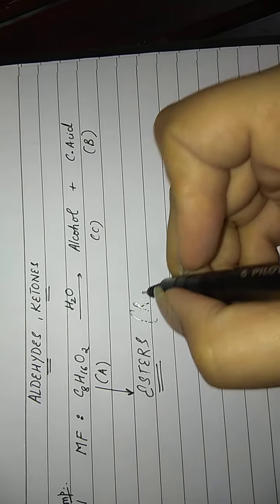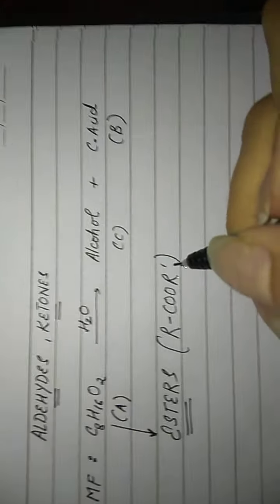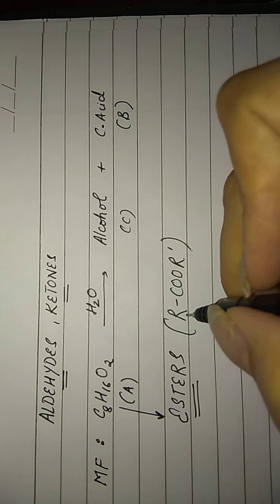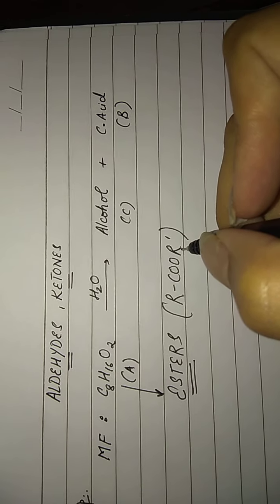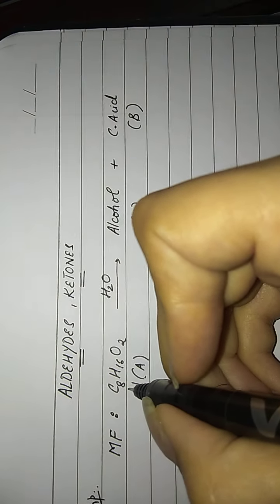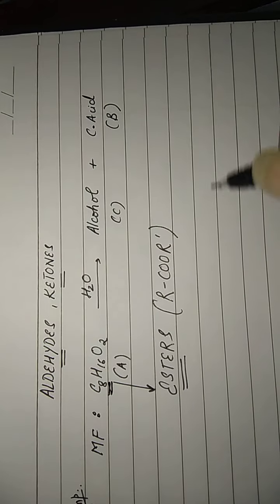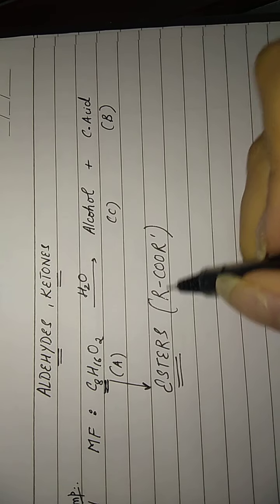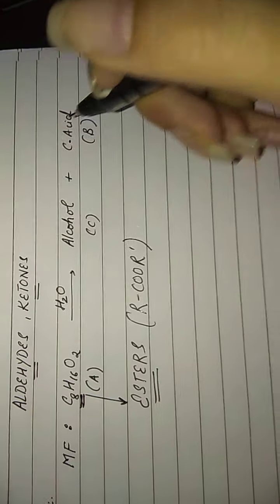What is the general formula of esters? RCOOR', where you have two carbon chains, one on the left side of the functional group and one on the right side of the functional group. In this compound, I am having 8 carbons in total. How will I figure out how to distribute these 8 carbon atoms on the left and the right?